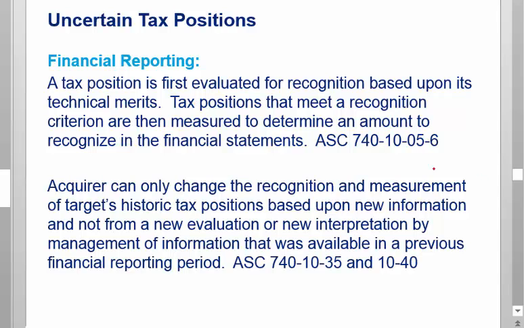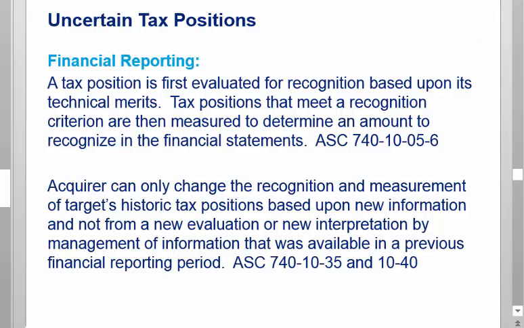Uncertain tax position. So in in-class exercise 1, I said that the target had a $4 million exposure, and that liability was essentially assumed by the buyer, and that liability needed to be booked on the opening balance sheet, just like any other liability, right? If we assumed an accounts payable or a payroll tax liability, we just stick the liability on the balance sheet, and if that had the effect of increasing goodwill, so be it.